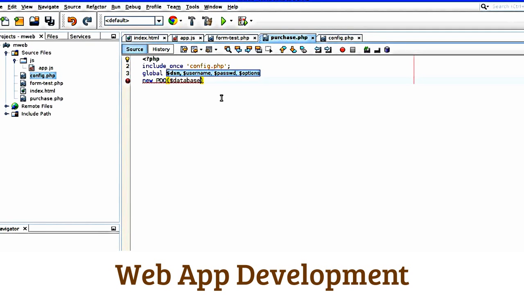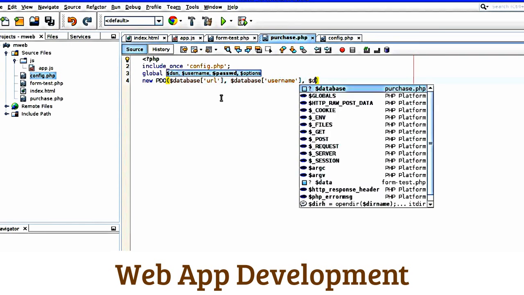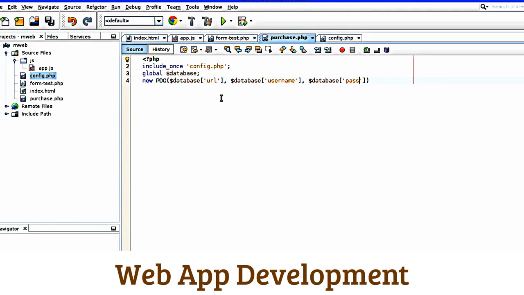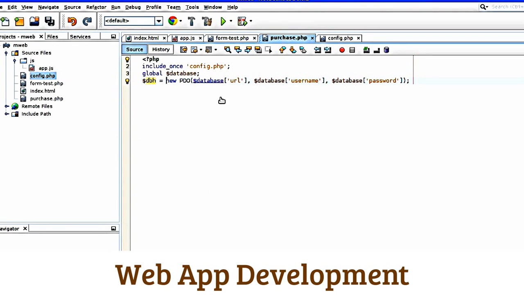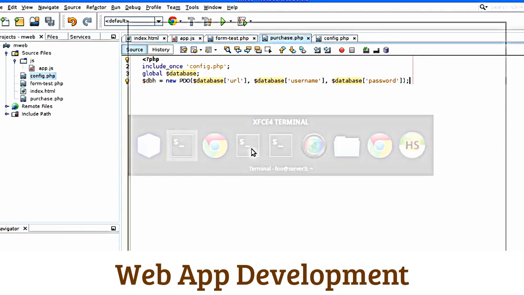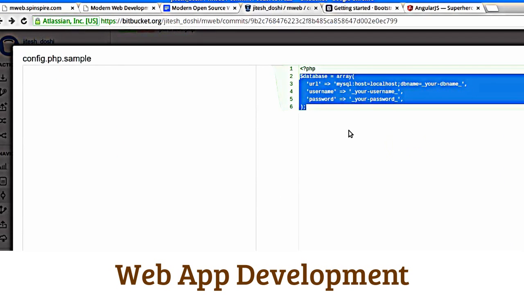So database URL, and then $database username is the second parameter, then $database password is the third parameter. These three things together make up a database handle. So a new PDO basically creates a database handle based on the database URL, username, and password. So that should connect us to the database, and then